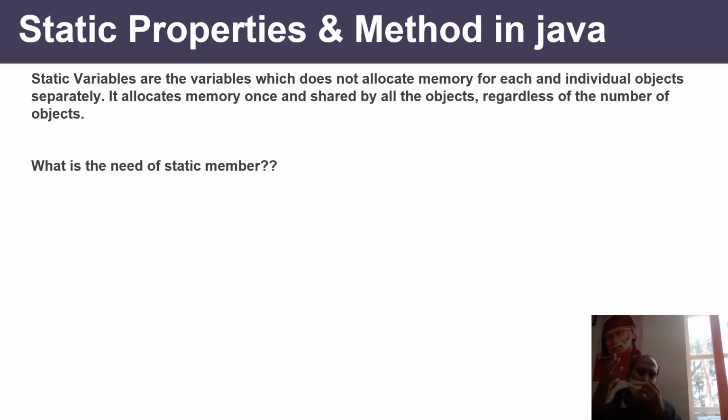Now I am changing this example. I want to take name, roll number, age, as well as faculty name and university name. Let's suppose there are 10 students, so 10 different memory locations will be created. Now think and tell me, are you feeling that there is a problem over here? Yes, there is a problem.